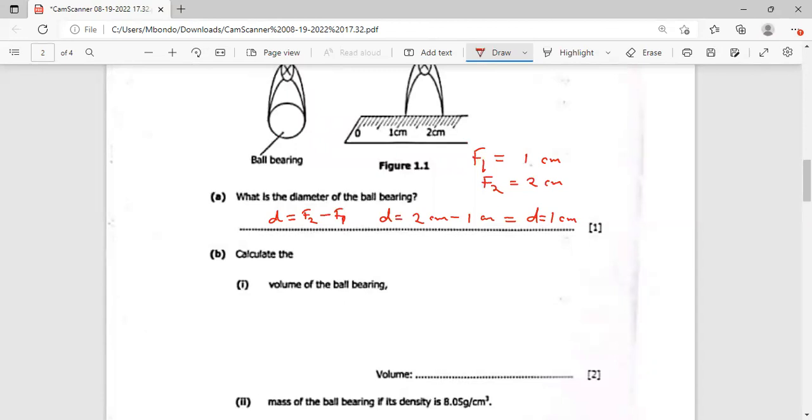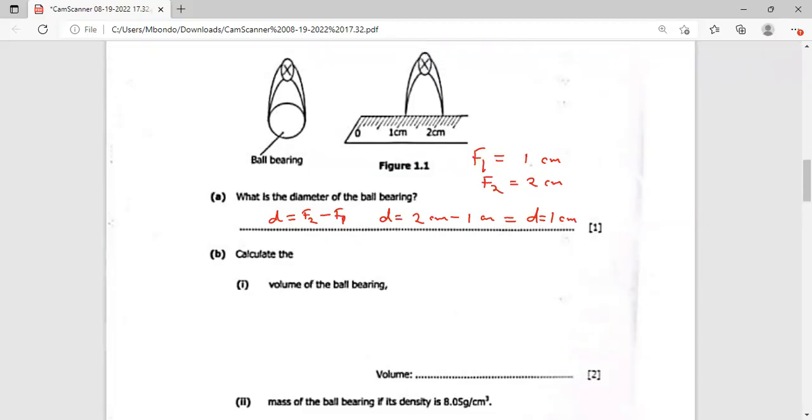The topic that you looked at is mensuration, where you looked at how to find the volume of a sphere. Remember in the preamble, we did mention that the ball bearing is taking the shape of a sphere. So the formula for calculating the volume of a sphere will still apply here,